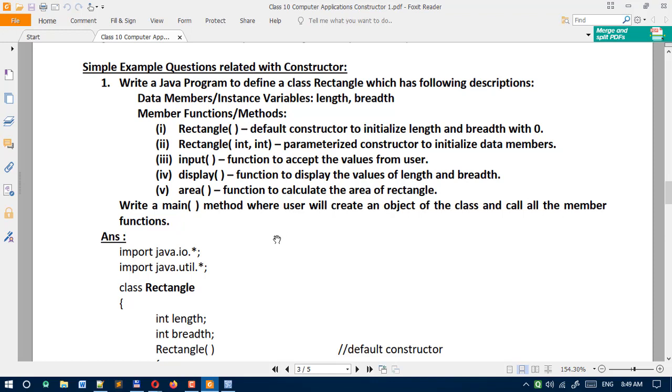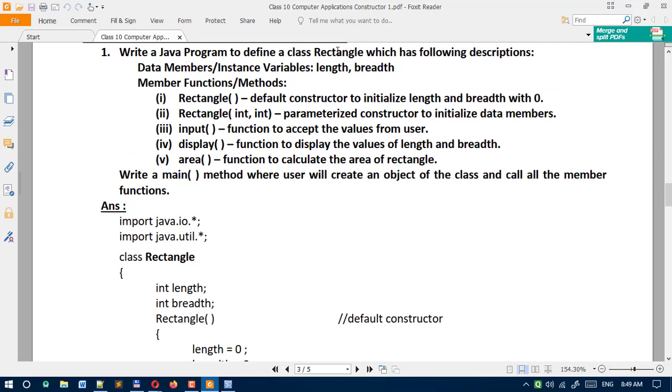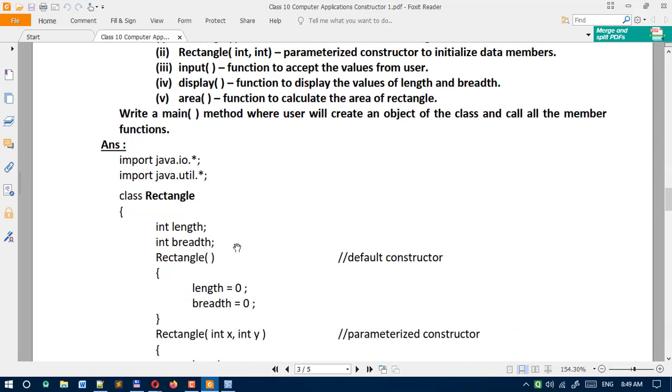Now see how we are going to write the program. Same again, started with import java.io.star, import java.util.star. Then as the given class name in the question is rectangle, the same class name we have to use here, class rectangle, when you define a class.